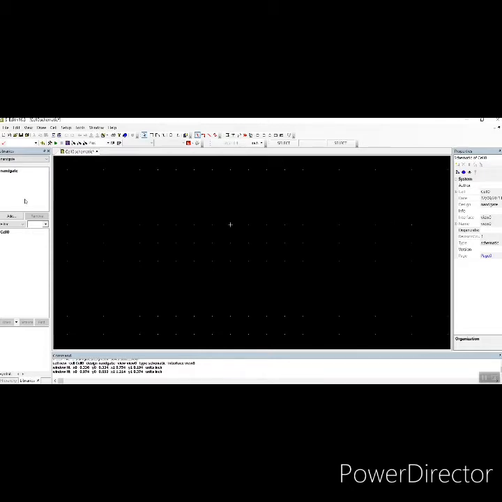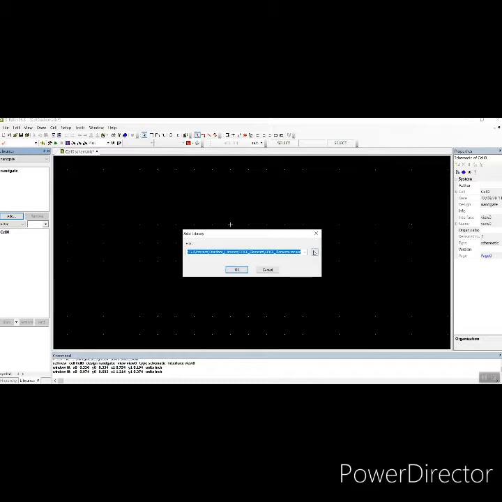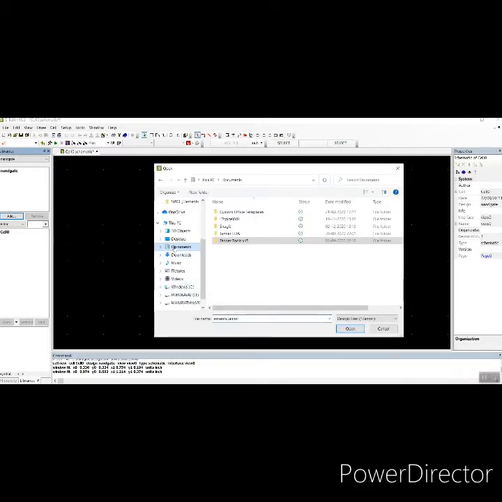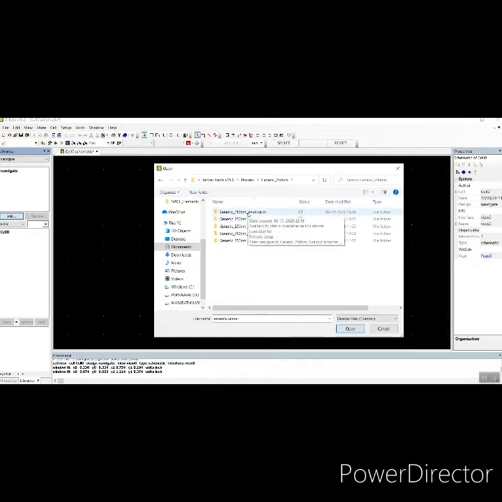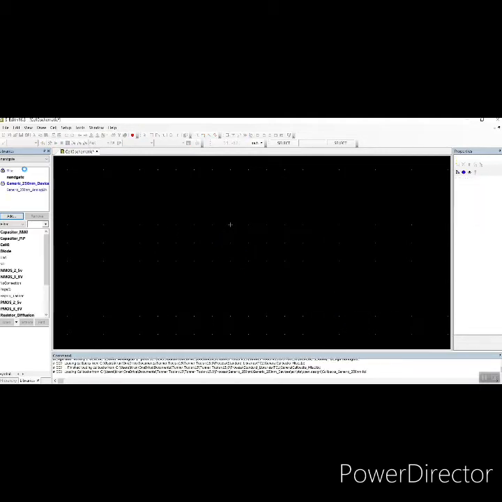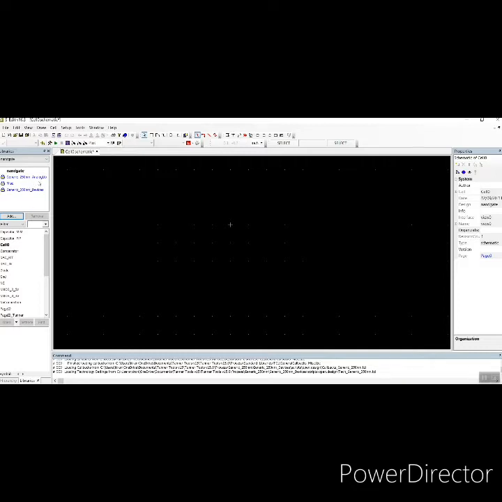Then we have to add some supporting files from library. So this is a library section and we are going to add some supporting files from the documents. So Tanner Tools version 15.0, then process, then generic 250 nanometer, then generic 250 nanometer analog library, then generic 250 nanometer analog library dot Tanner. We have to include this file. Yes, it gets added: analog library, miscellaneous files and nanometer devices.